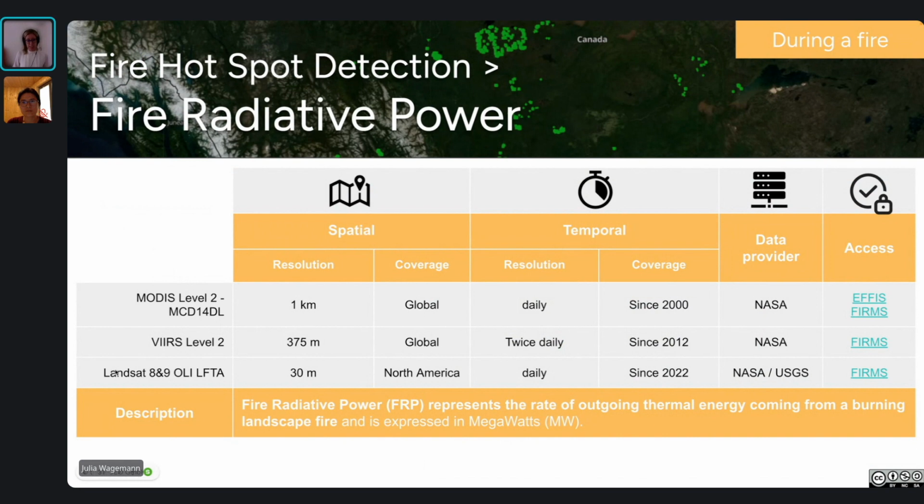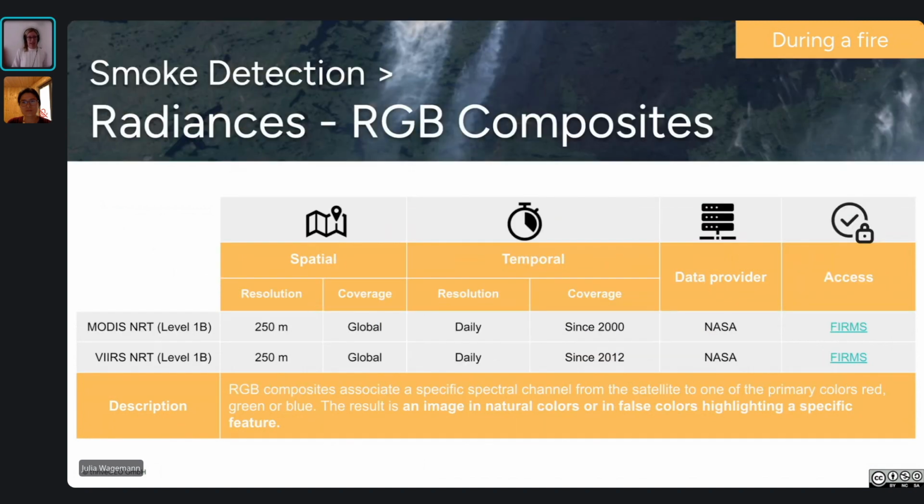Specifically, the inclusion of Landsat fire hotspot information captures additional fires that would be overlooked by a coarser resolution satellite, which is MODIS, which has a resolution of 1 kilometer. And then for smoke detection, we have information from MODIS and VIIRS.